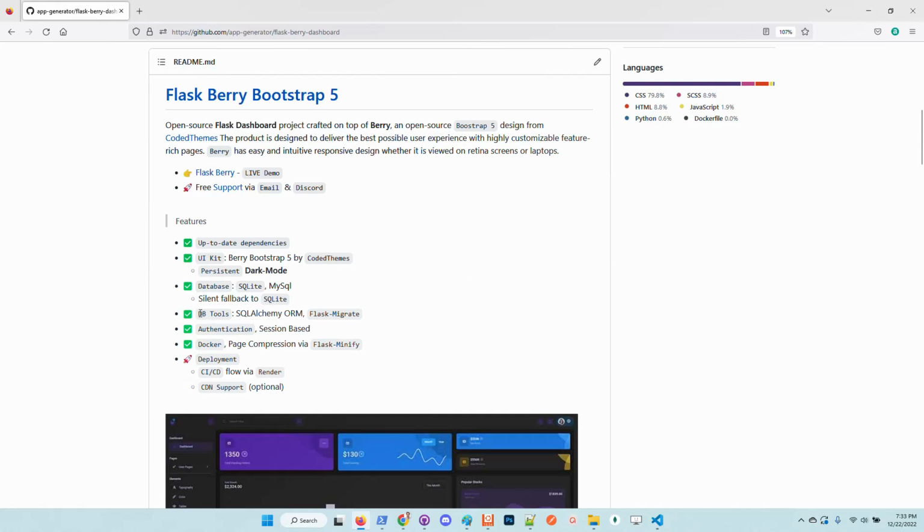Okay, the database tools are the ones also provided in the previous versions. We have the SQLAlchemy ORM and also Flask-Migrate in order to move up and down between database migrations. Authentication is a simple session-based authentication. So, other things that are